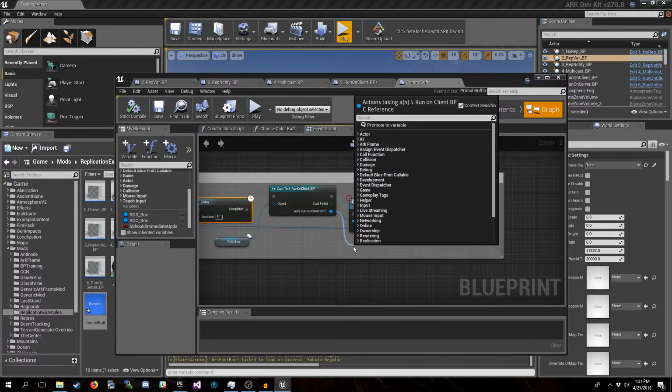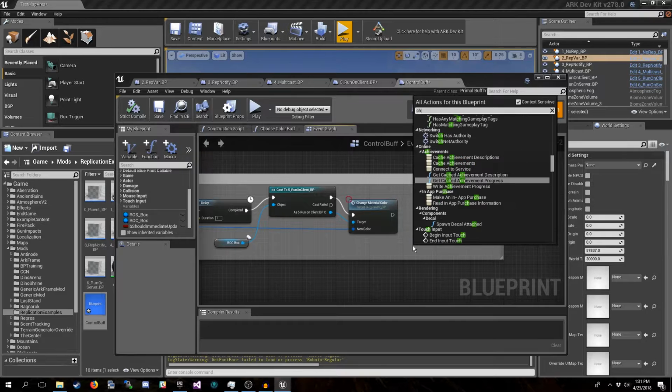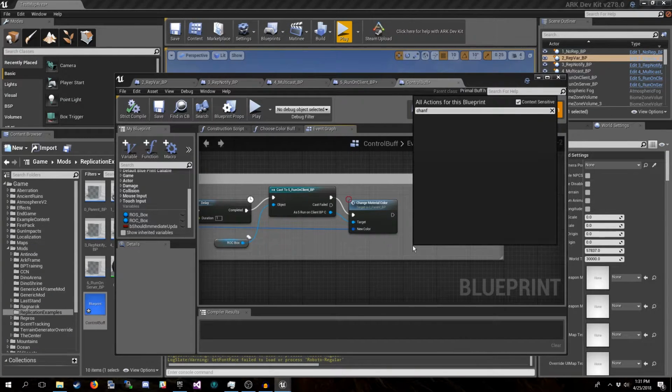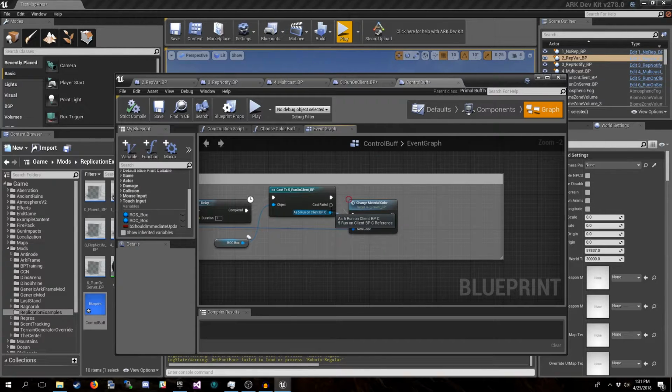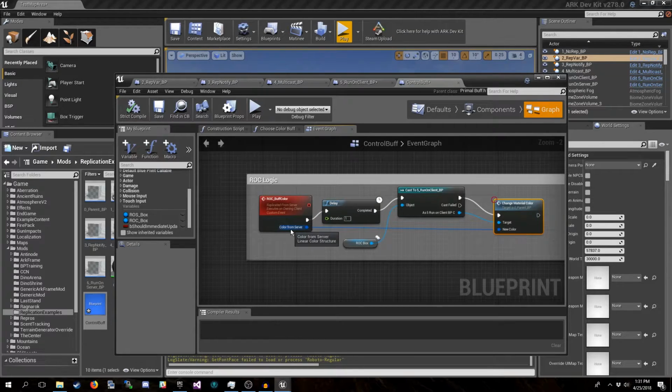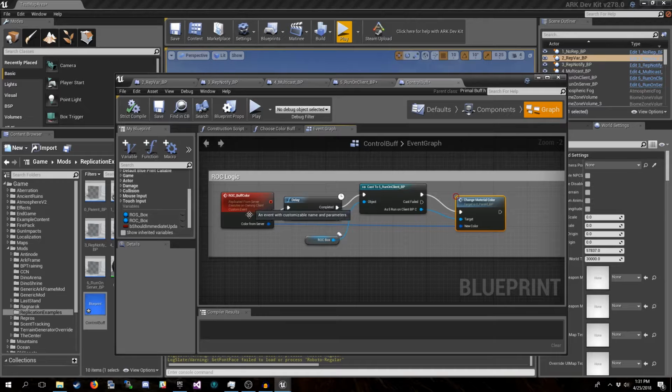If you drag off here and hit change material color, it'll show up in the list. But if you just right click, it's not going to be there. It's part of that object. So you have to drag off of the cast pin, cast as that type, in order to access it. And then we'll pass it our color from the server that has been replicated to the owning client.